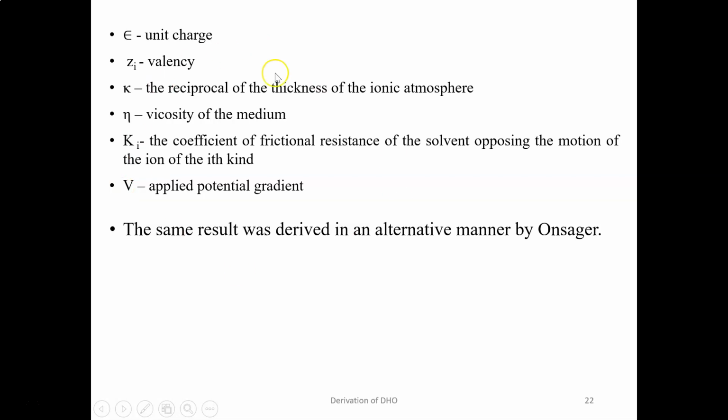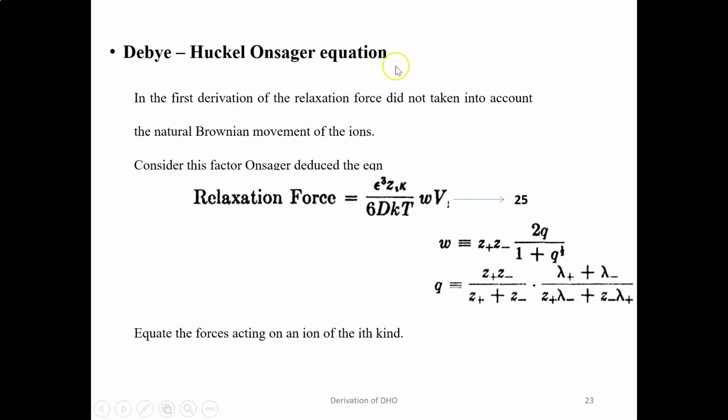So same relation was derived by Onsager in an alternative manner, and Onsager actually introduced the concept of Brownian motion of ions in the particular solution. So that was much more valuable and much more acceptable concept. So now moving on to